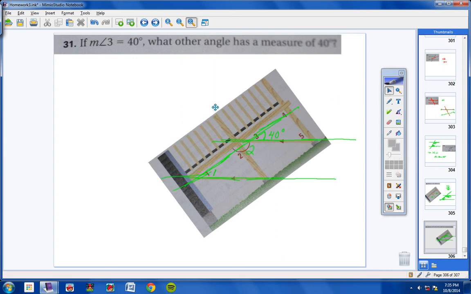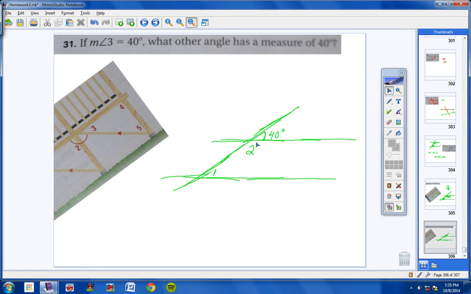Now, here's their question. The measure of angle 3 is 40, which is right up here. Name another angle that measures 40. Well, guys, right here, look. Anytime we have parallel lines, red arrow, anytime we have parallel lines cut by a transversal, the